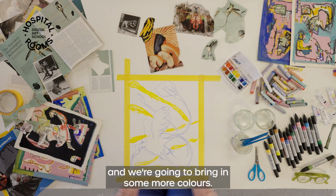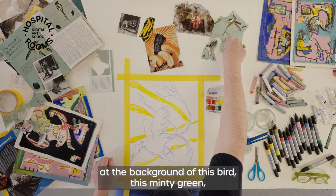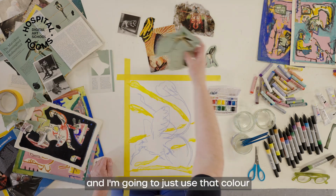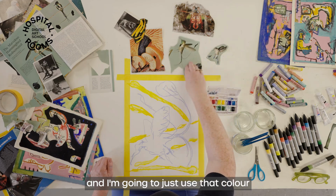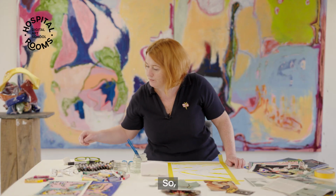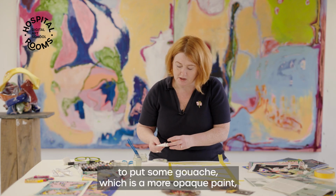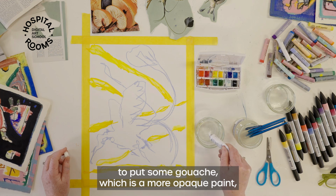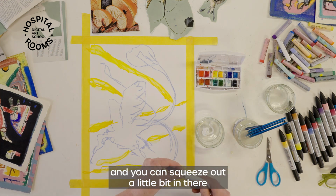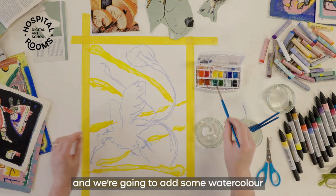And we're going to bring in some more colours. So I'm going to look at the background of this bird, this minty green, and I'm going to just use that colour to help me and guide me into this. So I am going to put some gouache, which is a more opaque paint, and you can squeeze out a little bit in there, and we're going to add some watercolour,